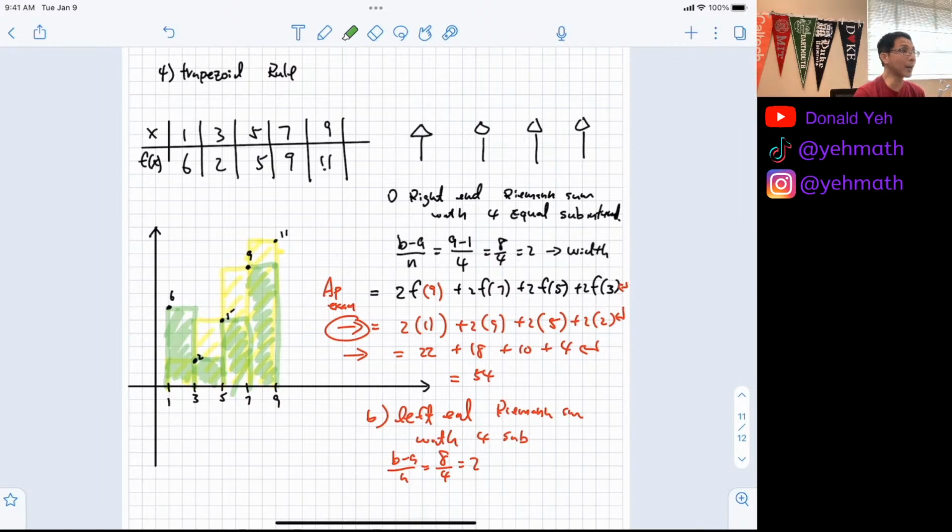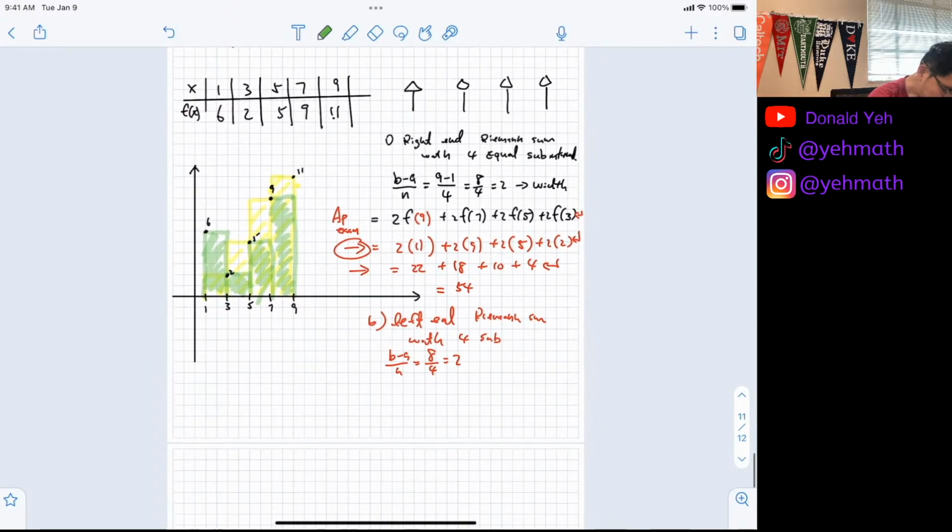Four sub intervals, I always give it to you, 4 or 6 or 2, whatever. They will give you how many intervals there are. So this is a 4 drawing, and then you say, oh, okay, well, I'll just figure out each one. So it'll be equal to 2